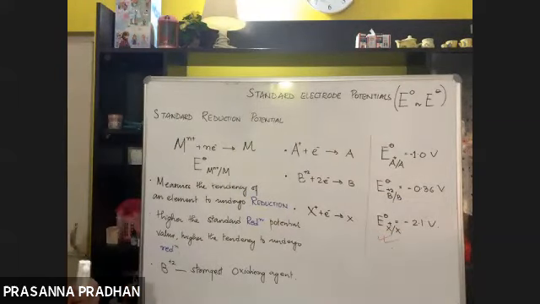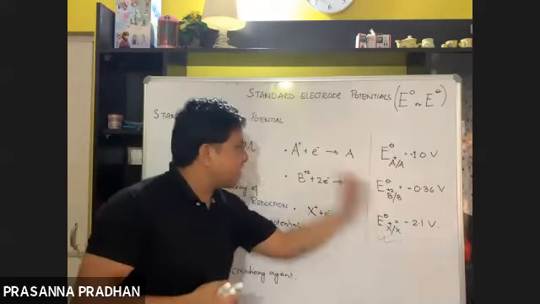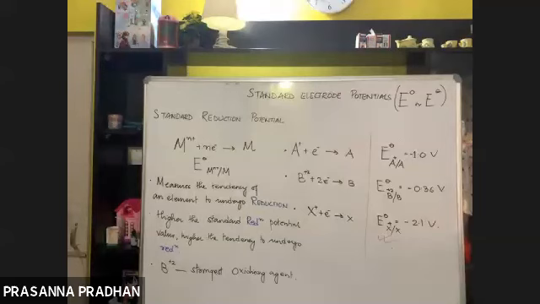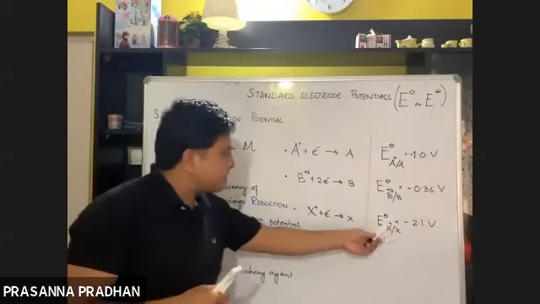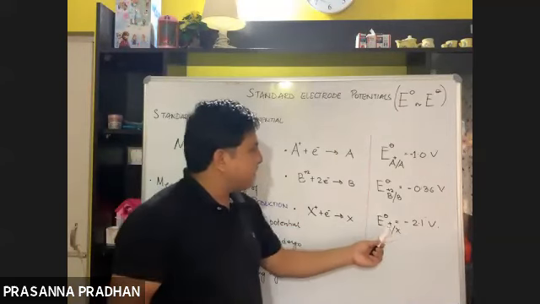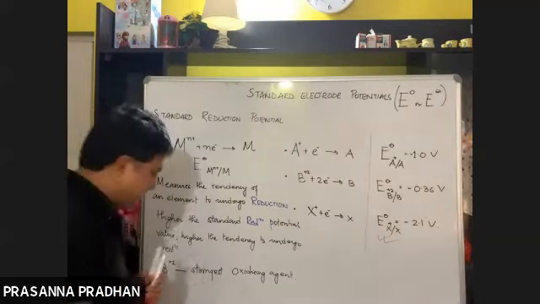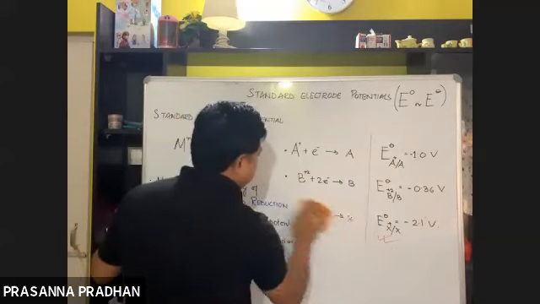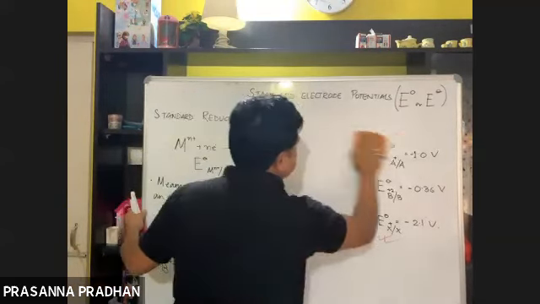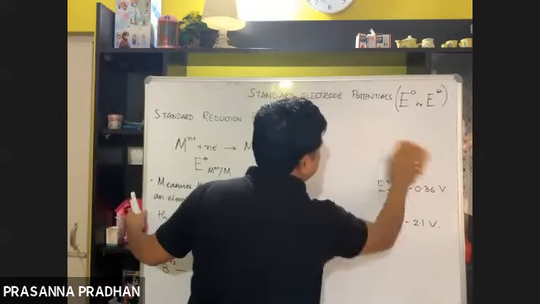Now, again, you tell me which behaves as the weakest oxidizing agent out here. Which will behave as the weakest oxidizing agent? X monopositive. X positive. That means it behaves as the weakest oxidizing agent, which means alternatively we can say that it behaves as the strongest reducing agent. Okay, so please note it down. This has come many times in your board exams. Okay, it's a very easy concept. So please note it down.